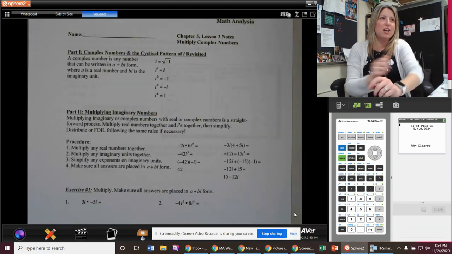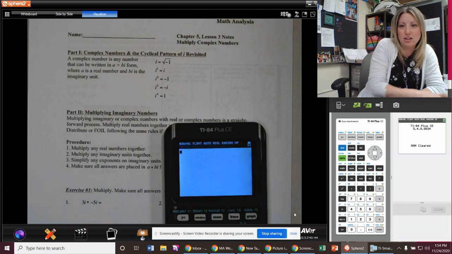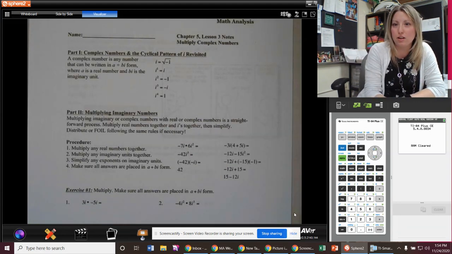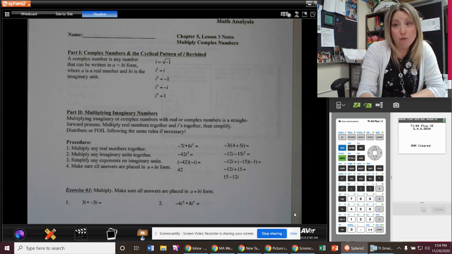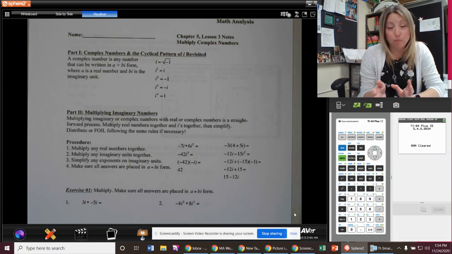It's so nice. Can't do it when we rationalize them. So when lesson 4 comes along, we won't be able to use it again. But for now, we've got the graphing calculator handy dandy. Got one right up here on my screen too, which I didn't use in the last video, but hey, whatever. Before I start, just a reminder of the cyclical powers of i,